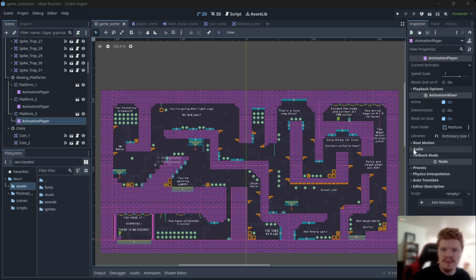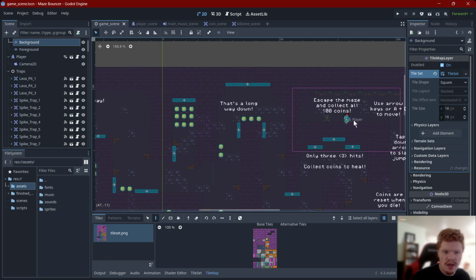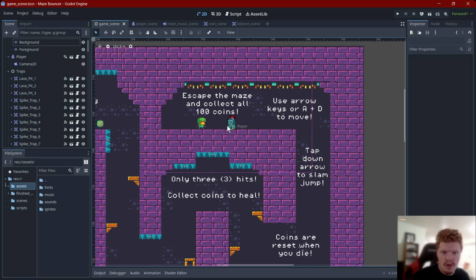My name is Kobe. This is my video game demo of Maze Bouncer. It's made with the Godot game engine and its GDScript language. In this game, you're a knight that's exploring this maze, and the main feature is that you bounce constantly, which